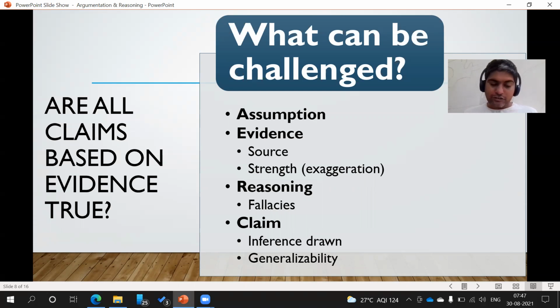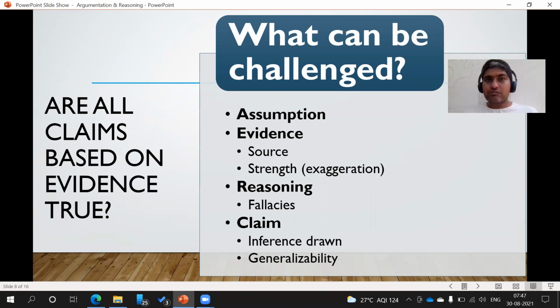The Indian Statistical Institute or Central Statistical Organization says that there is no reliable way to actually calculate the unemployment rate. And the government is making the claim that the unemployment rate is at a historic low of say 4% or so, while I see job losses all around me, I see factories closing, I see industrial areas struggling. How do I believe that claim? So all that evidence can be challenged. The strength of the evidence can be challenged.